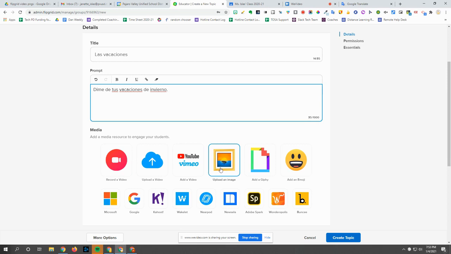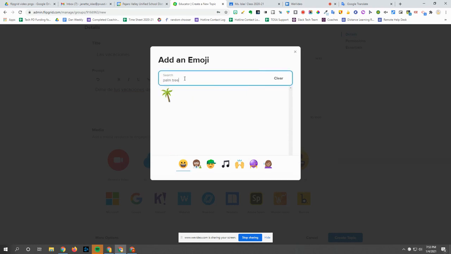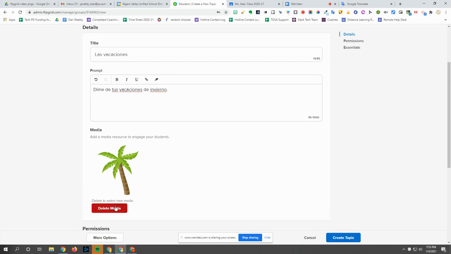You could just add an image or an emoji. There are lots of choices here. In this case, I'm just going to add an emoji. Maybe I'll do a palm tree since I'm talking about vacation. Okay,